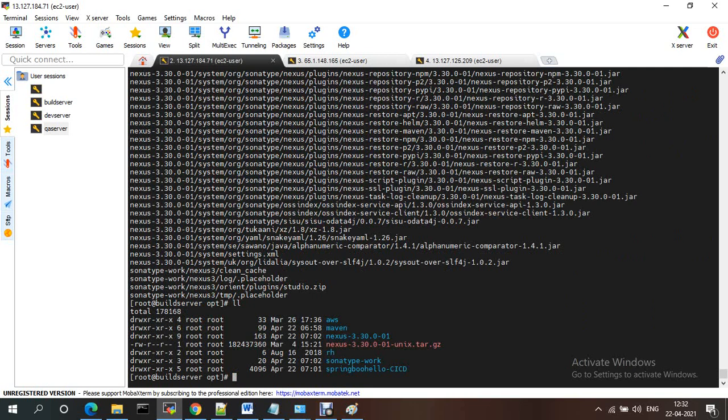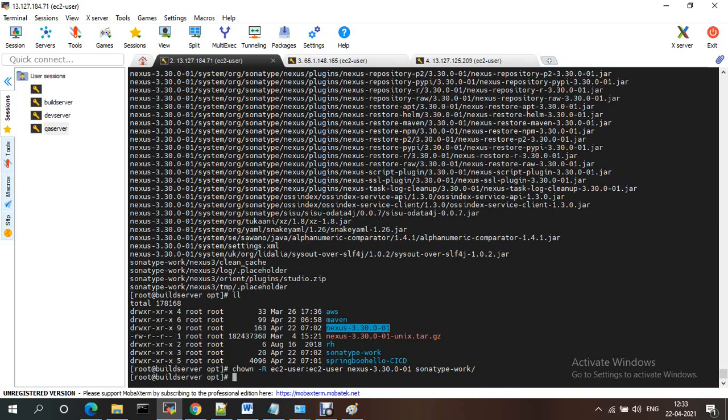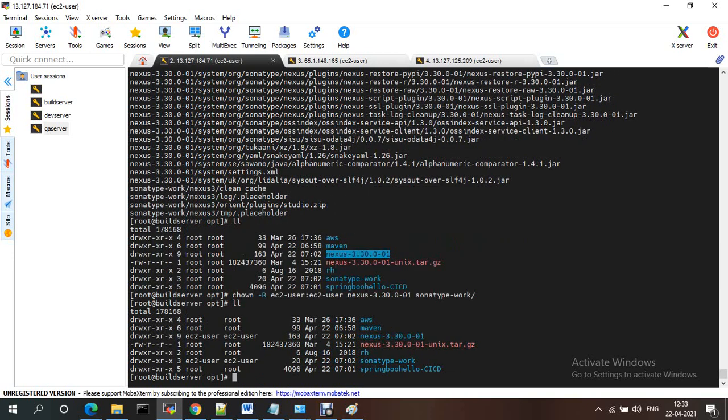For this one you just need to change the permissions. By default it does not run as the root user, so you need to change the ownership with chown -R ec2-user for nexus 3.0 and sonatype-work. Now the ownership is changed.